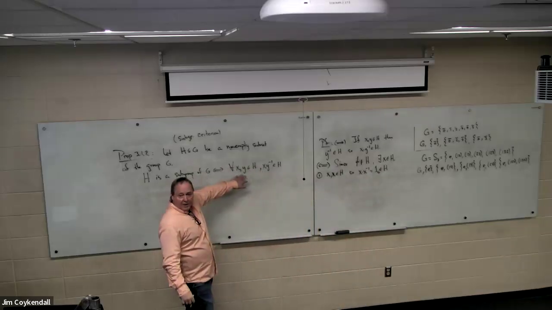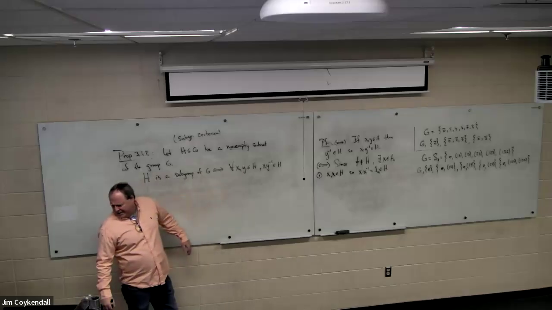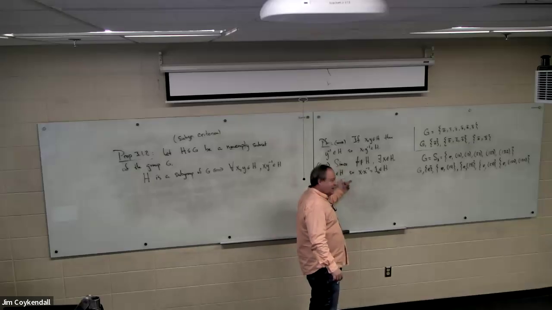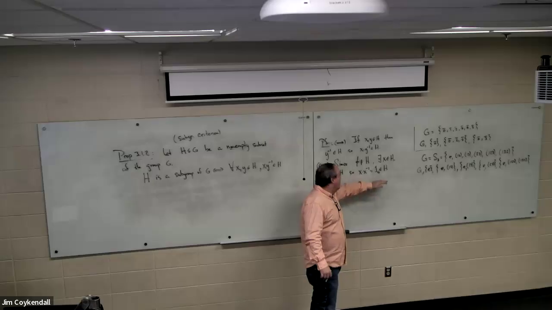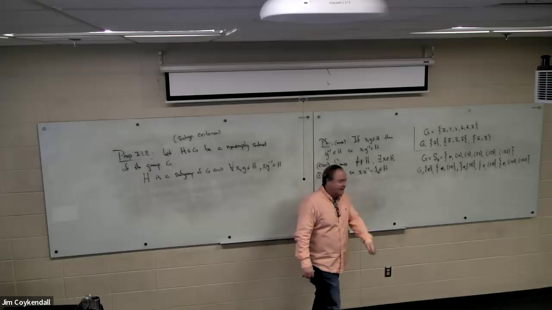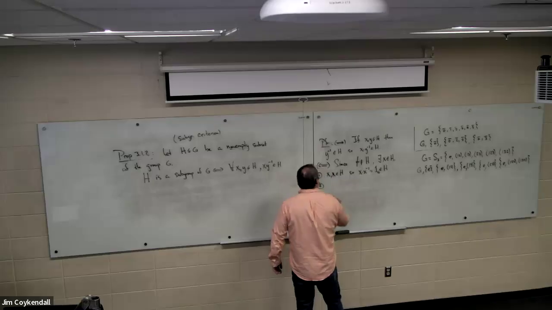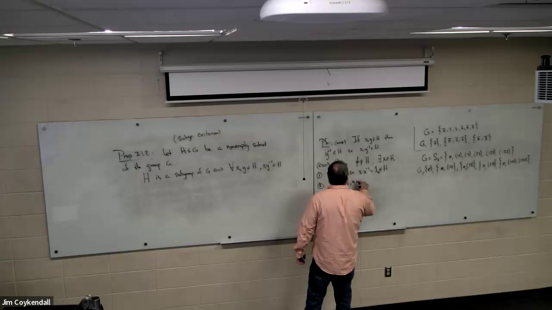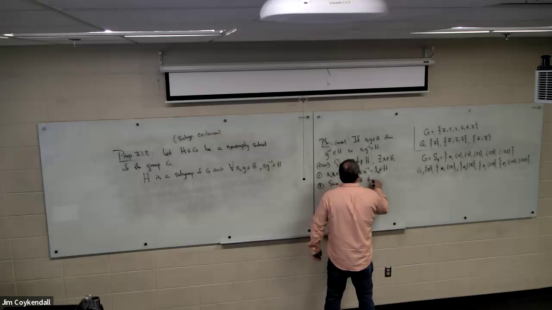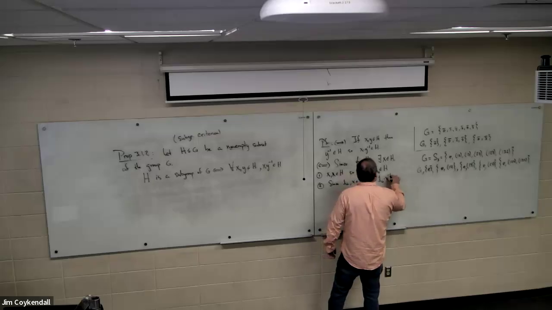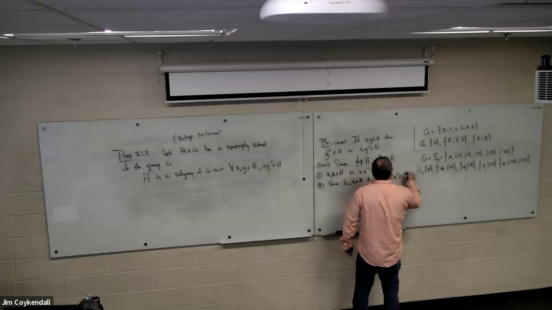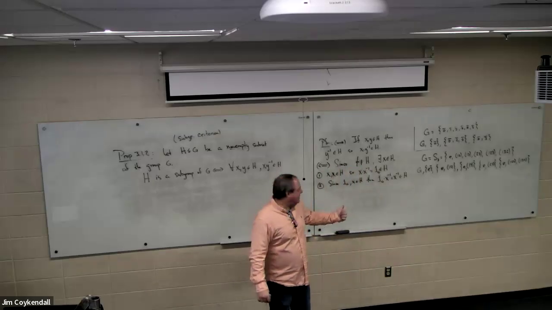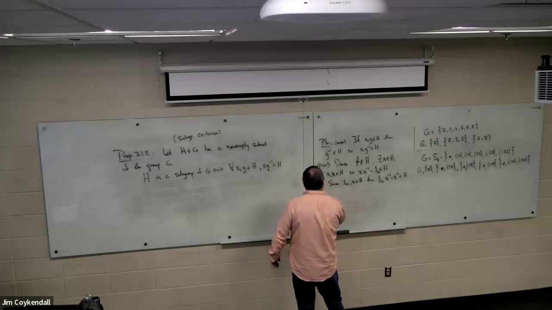Right? Because for any pair of elements, I didn't say that they had to be different. For any pair of elements, X Y inverse is in H. So X is in H, so X, X is in H, so X X inverse, which is the identity. So H contains the identity. Ding, ding, ding. 2: since 1_G and X are in H, then 1_G times X inverse, which is X inverse, is in H. So now I've got inverses, right? So the subset has the identity, it's got inverses, and 3,